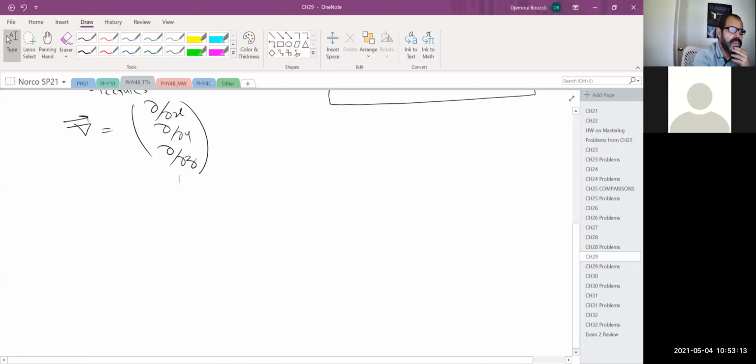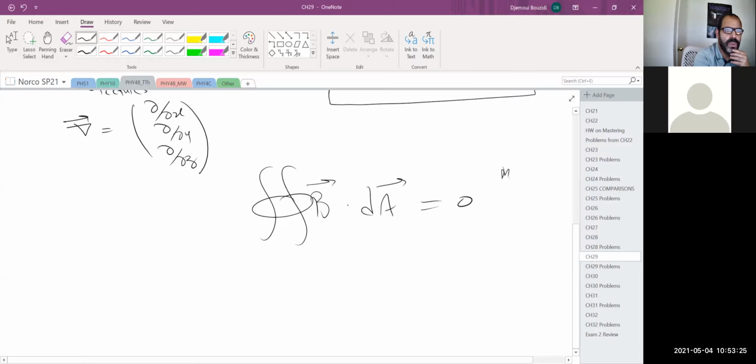Law number 2 basically is similar to this one. It says that the flux of the magnetic field over any closed surface must be 0. The reason why is because there are no monopoles. If there were monopoles, then this integral could just be the measurement of how many positive or north poles and how many south poles, or add them algebraically and divide or multiply by some number in here. Okay, so again, this is any closed surface, whether there is a magnet in there or not,